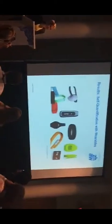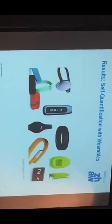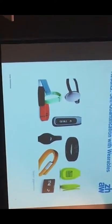Little trackers with sensors included on them that you can wear on the body. Most sensors are worn around the wrist, and they track activity. Most of them you see here are counting steps actually. And from that,